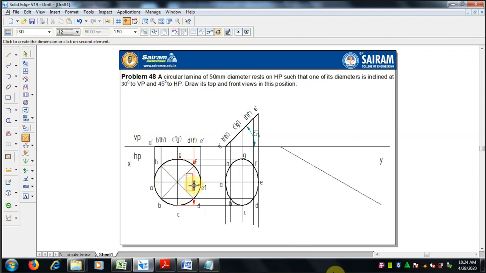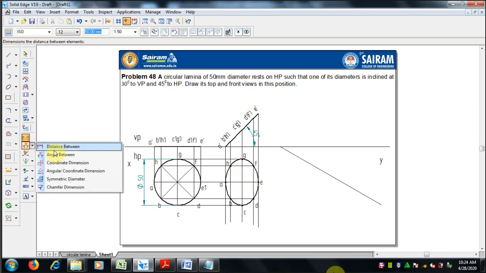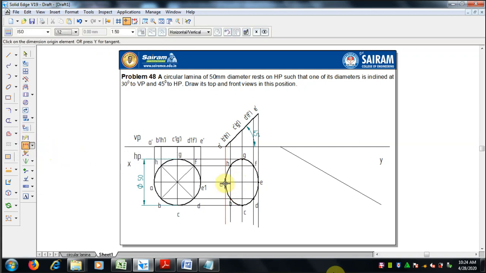That 50 mm we have to make an arc in the inclination line. So first it is measured as 50, and after inclination, what is the dimension? These two dimensions are needed. So the distance between the diameter points, that is A and E, now after inclination, this is needed. So 35.36. These two values we need.